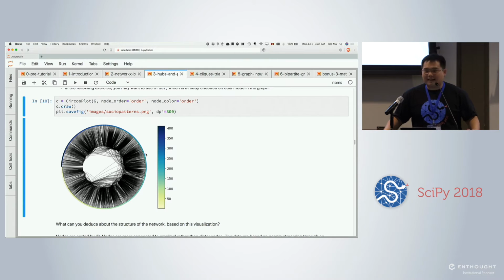You could not see that inside a hairball, right? That would be quite difficult. Is there a